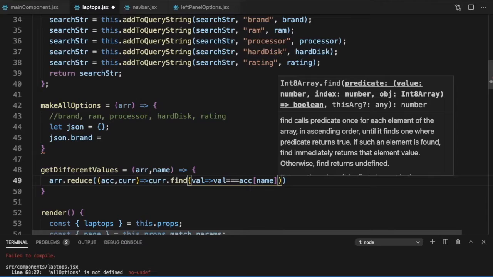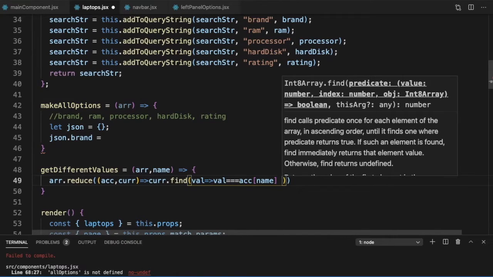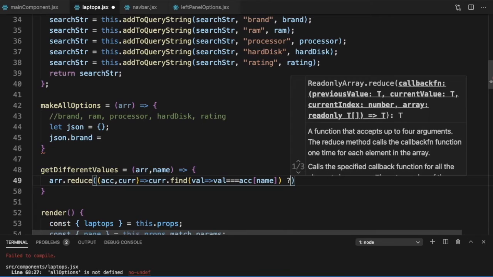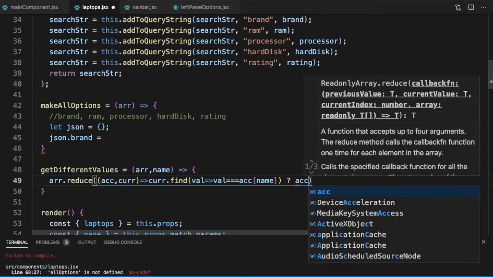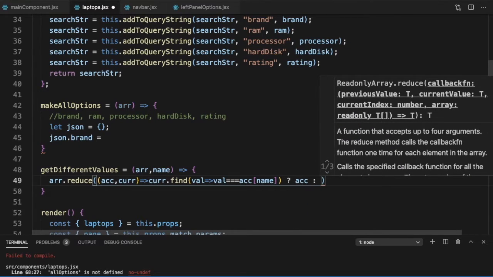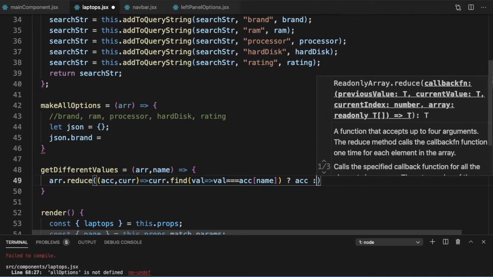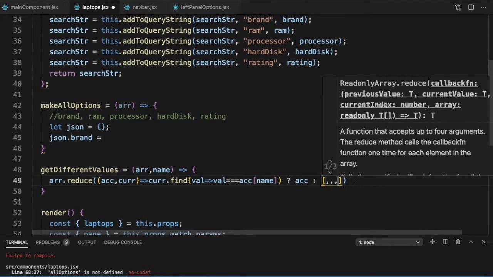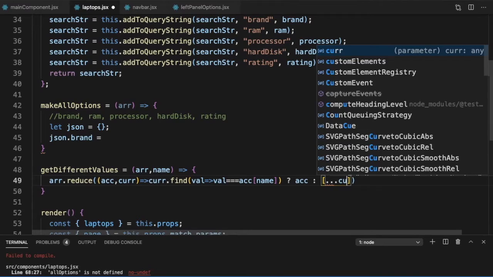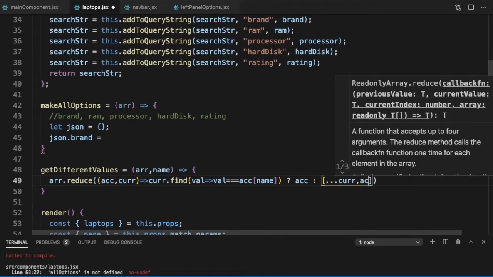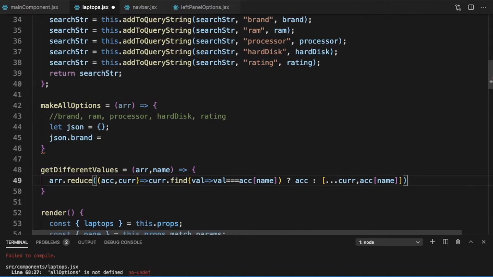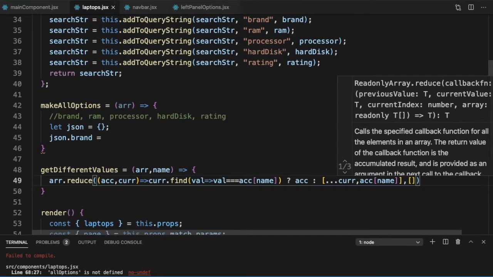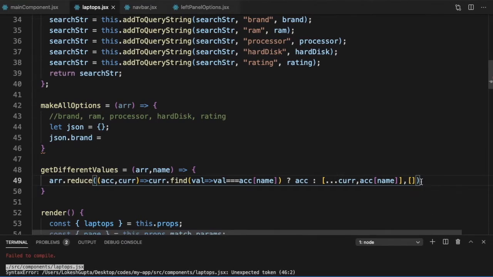So this is the field we want. So if this is truthy, then what should we return? We should return accumulated. Else what should we return? We will need to spread it. So we will just spread our accumulated and also current name. Something we have done earlier, and this gets initialized with an empty array. And we don't need this, it will just get returned.